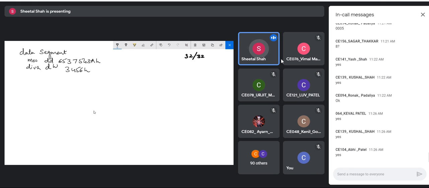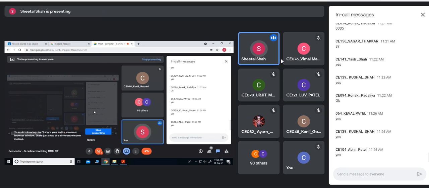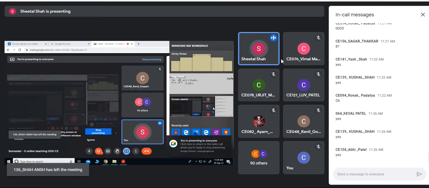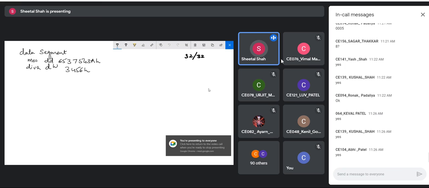One thing I wanted to tell is, say suppose you are having a 32-bit number, all of them are F. I mean, all these 32 bits are ones. So it would be F, F, F, F, F, F, F, F. And if the divisor is 2, then what happens? The size of the quotient would be too large. Are you getting me? Say suppose I'm trying to divide a 32-bit number, say F, F, F, F. This is my 32-bit number.